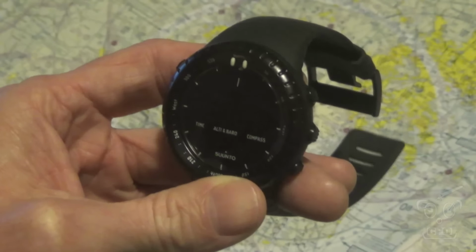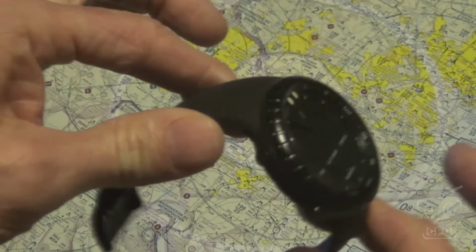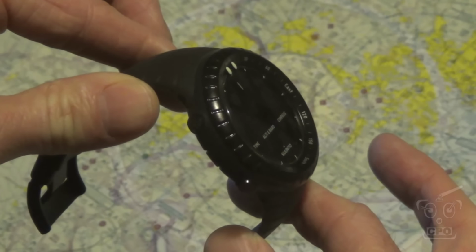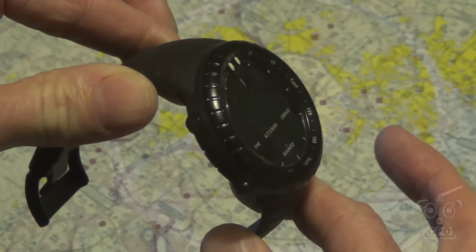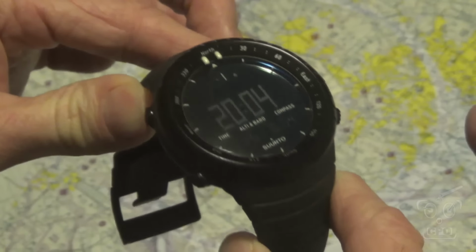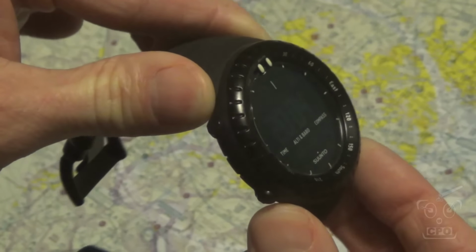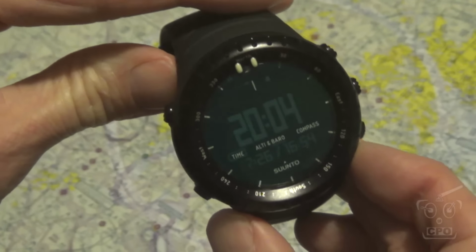Does that kill the usability of the watch? No. It just means that if you're in some weird angle and you want to take a quick look at the time, in a traditional watch scheme you might be able to tell the time from this angle. With this particular reverse display, or negative display, you might have to tilt it until you get the light reflected just right. Alternatively, there is a backlight option, but to be honest with you,